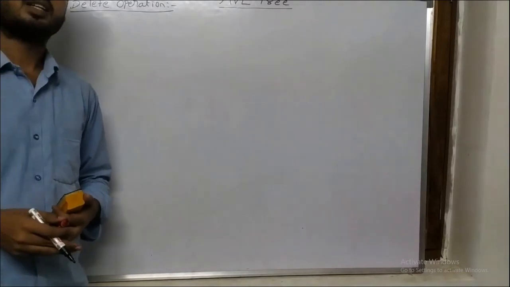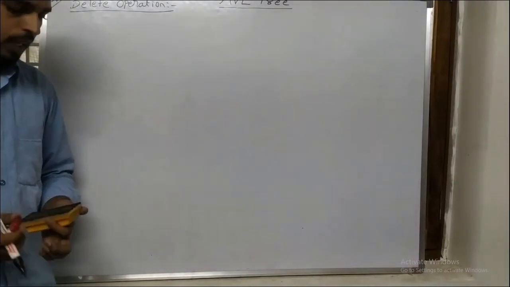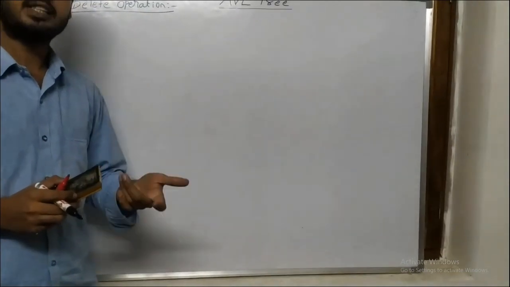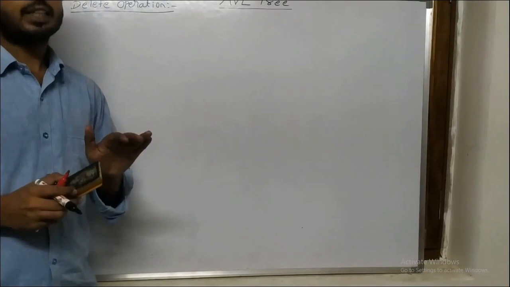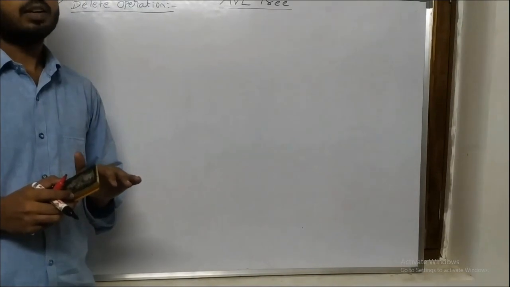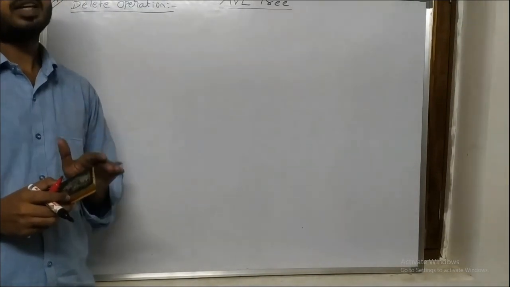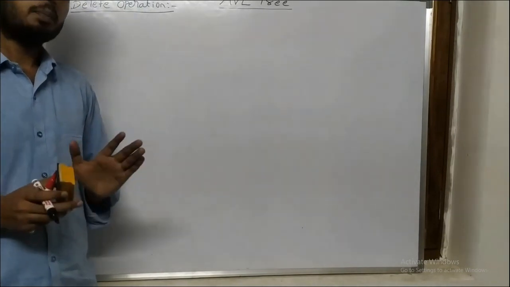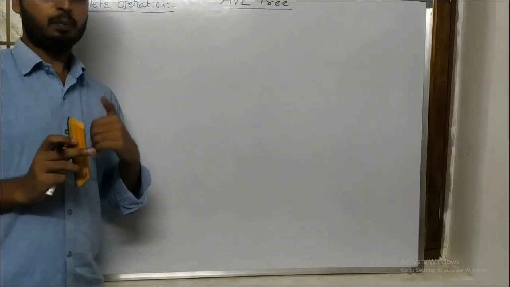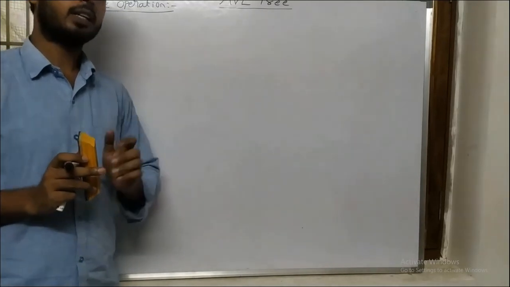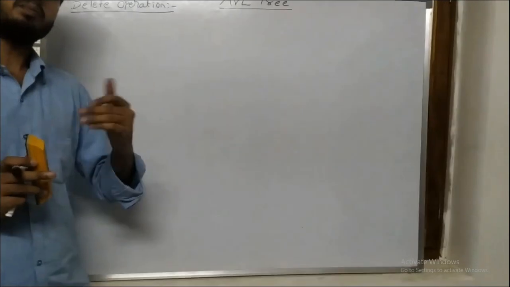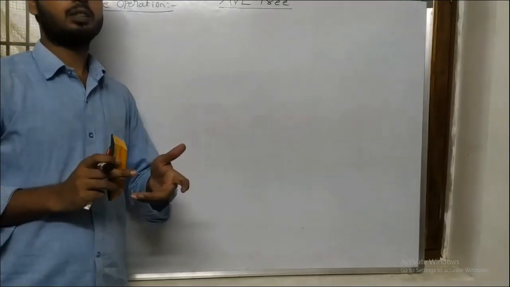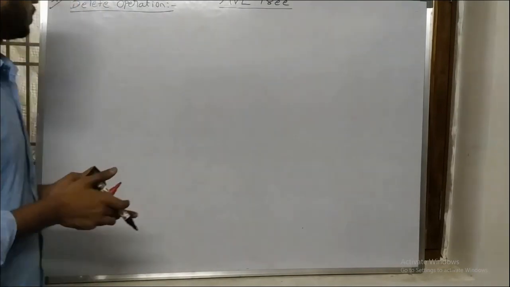Now we'll see the delete operation in an AVL tree. While constructing an AVL tree, at some point a node can act as a critical node, so we can call that tree an imbalanced AVL tree. Then we need to make a balanced tree by applying proper rotations. Suppose there is an AVL tree. If I make a delete operation on it, the tree may become imbalanced. At that time, you need to make some rotations. So now we'll see all this.